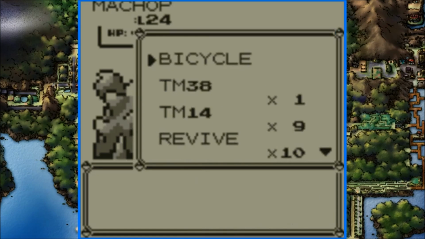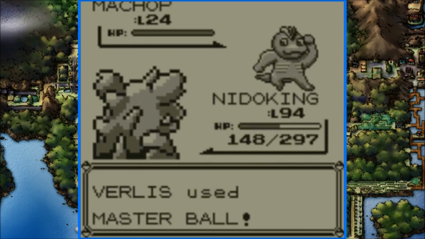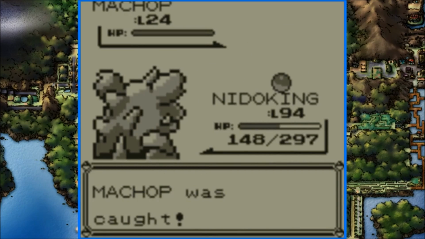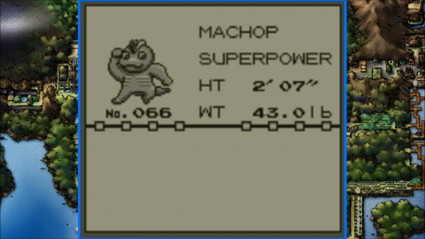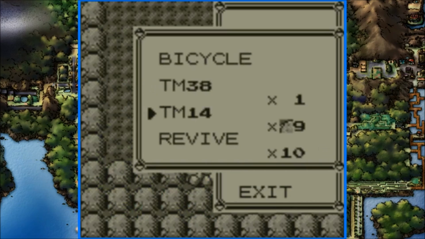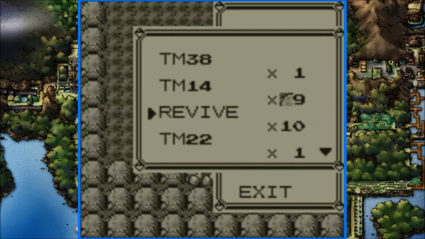Right now in my game, I am grinding for Machops and Machokes to get as many of them with Fissure as possible. Because one thing that we don't know is when we transfer our Pokemon to Pokemon Sun and Moon, how are the IVs and natures and everything going to be decided? So my goal is that I'm going to go and catch a ton of Pokemon and just kind of hope